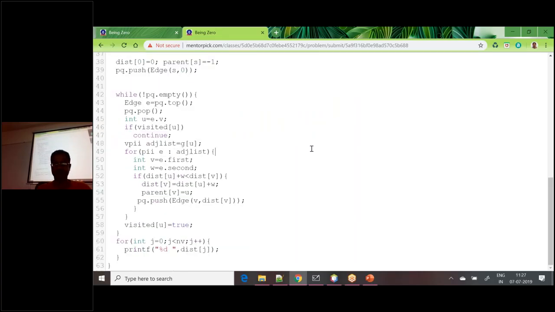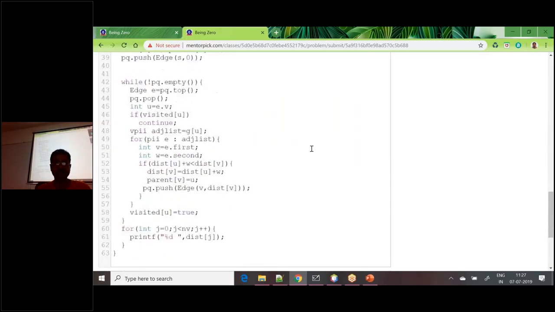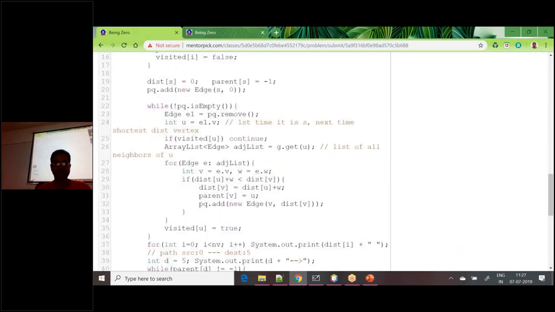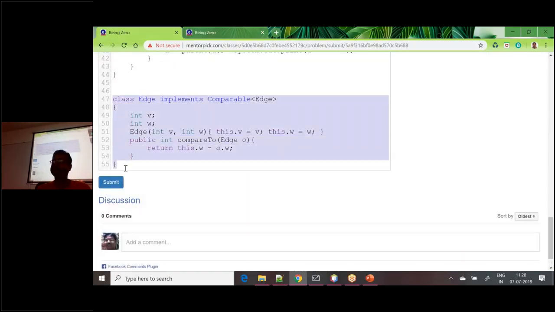If I go and change the main code, this is how the program should be, right? Here we are using this edge for both purposes, right? In our priority queue also we use the same thing. Graph is also using the same thing. Suppose graph doesn't give you access to this class, you will have to write your own,